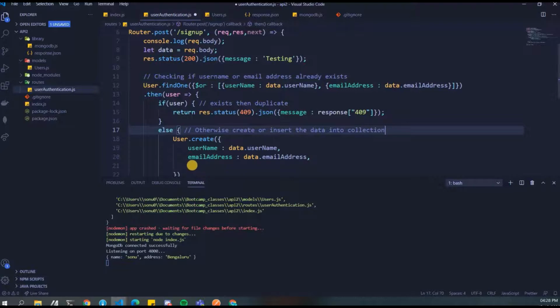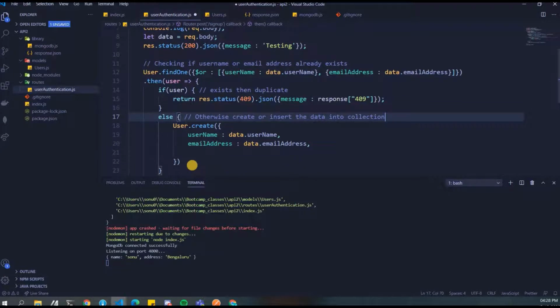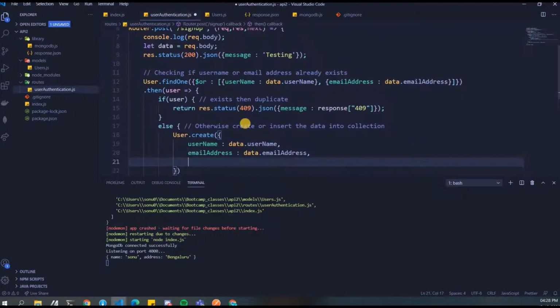We wrote create, but it is not gonna create your collection every time. It's gonna just append the data if the collection is already there. So we'll look into it via our MongoDB Compass that we installed yesterday. Now, we all know that when we want to store a password, it should be encrypted, right? So there should be some kind of encryption that goes in to save our password.